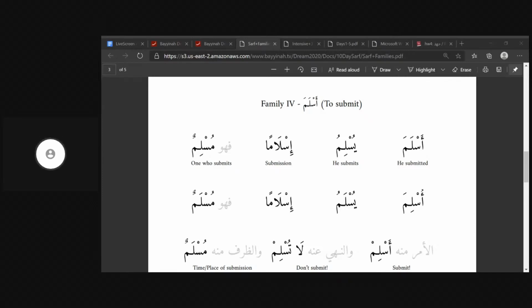Let's do another example, like shams, right? Shamsun, shamsan, shamsin. This is one of our words that are feminine because the Arab said so, and I can't make it masculine in any way. Whatever the gender of a non-human word is, that's just what it is, and I can't change it. So for those words, you follow the Muslim chart as much as you can. So I can follow the first column, Shamsun, Shamsan, Shamsin. I can follow the second column, Shamsani, Shamsaini, Shamsaini. But then I would need to look for the third column. I would need to see what is the plural. Maybe it'll have a feminine plural ending. Maybe it'll be a broken plural. You would have to look it up.